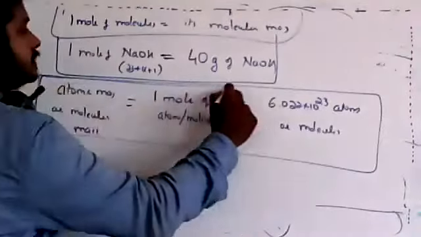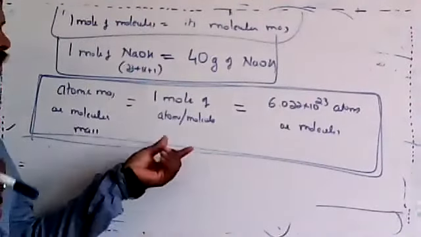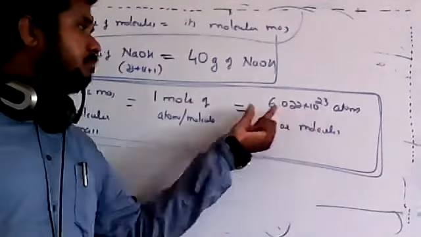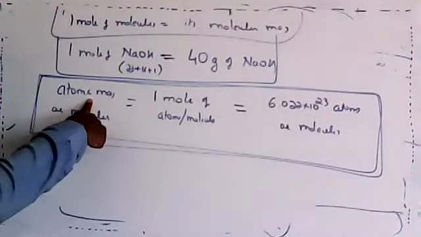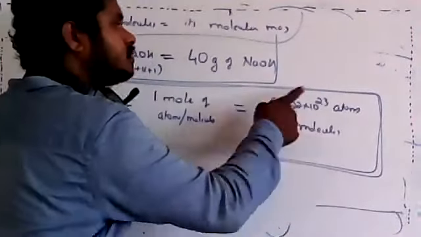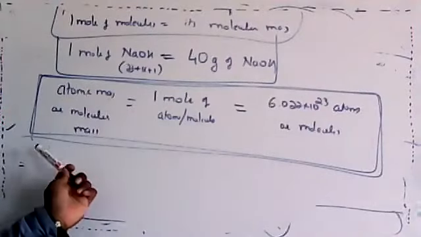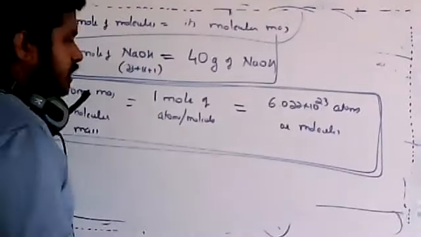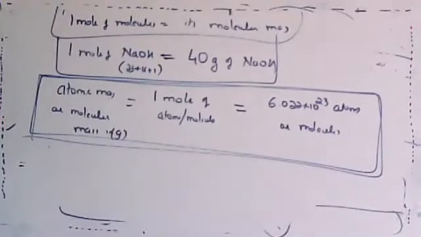Why is this important? Because just now we have practiced how to convert the mole into the number, and how to convert the number into mole. Now, mass will be given, just convert it into the mole, then if the number is asked, convert into the number. So this is the formula which relates the conversion of mass into mole to the number. Atomic mass or molecular mass in grams, that is the most important. So is that clear now?